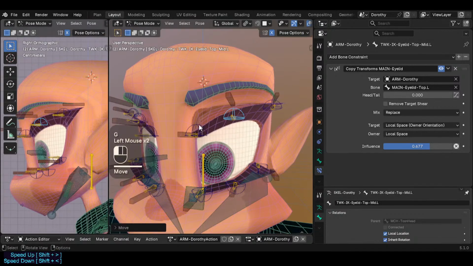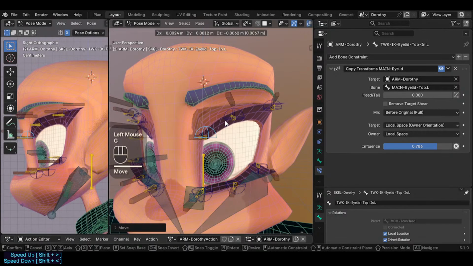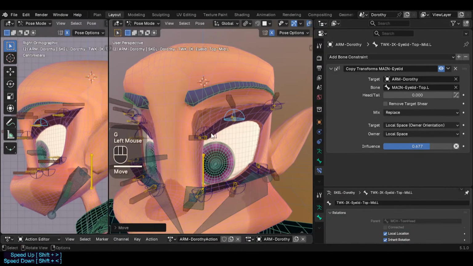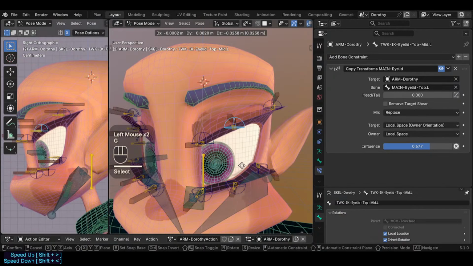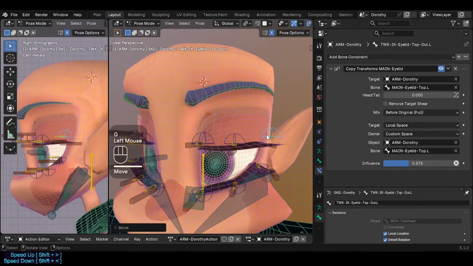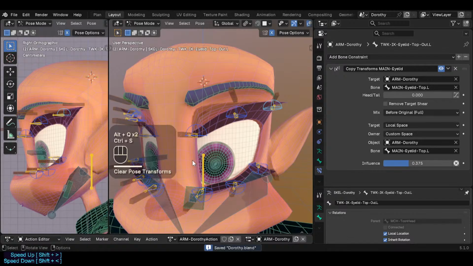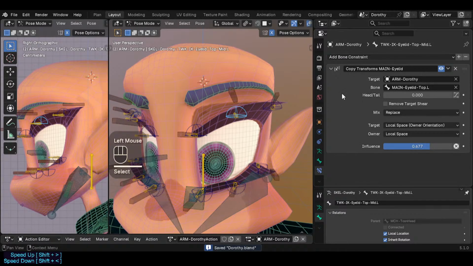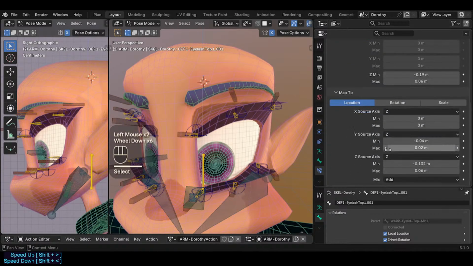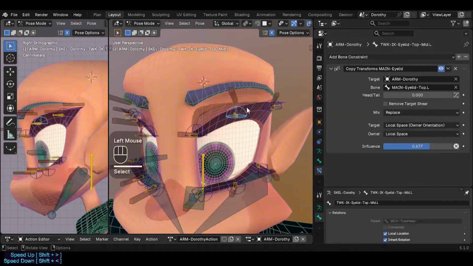Yeah, it doesn't move up so much. Of course, you have to look at the poses when the